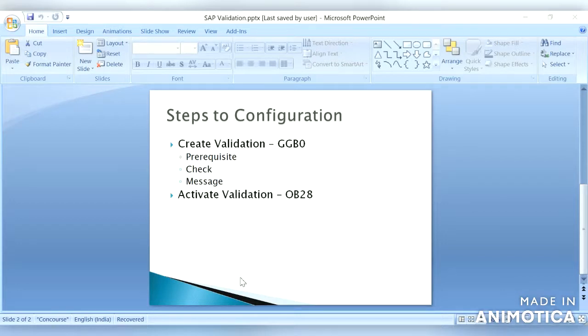So now we need to understand how we have configured that error message. So that is through validation. To create the validation, we have to go to transaction code GZB0, and once we created the validation, we activate it in transaction code OB28.